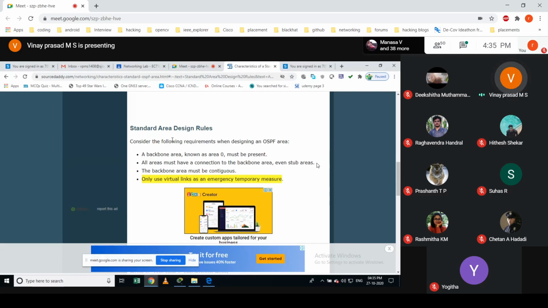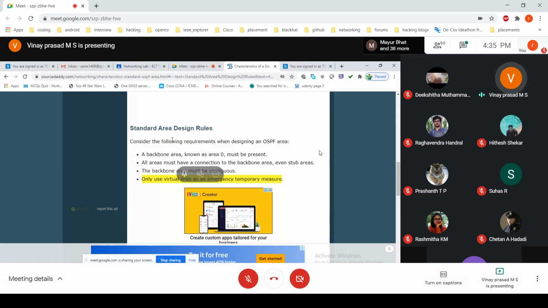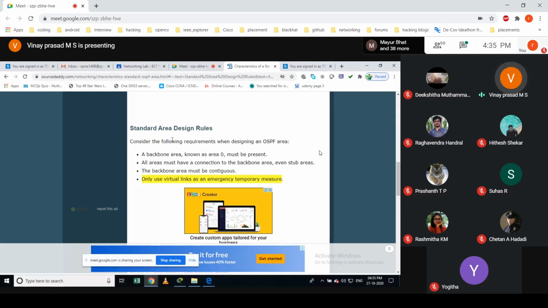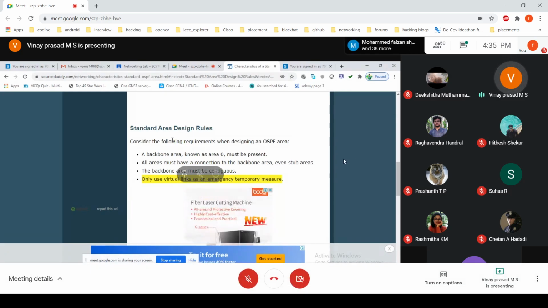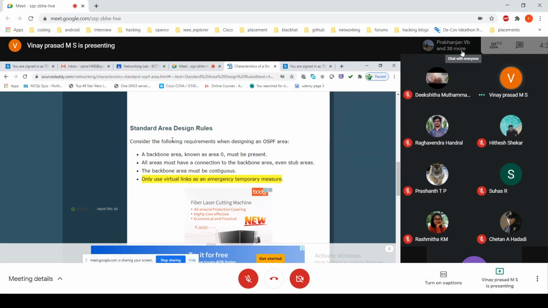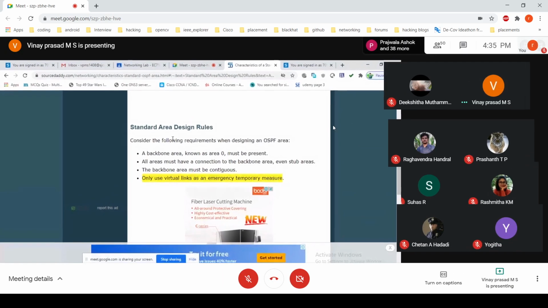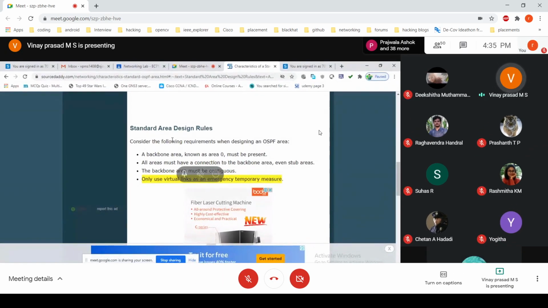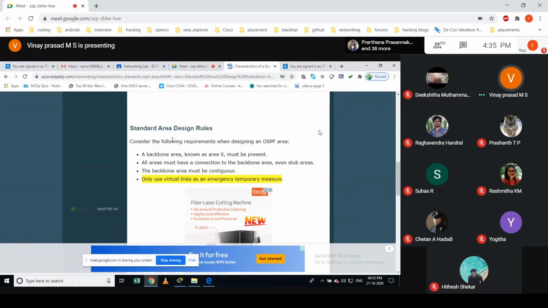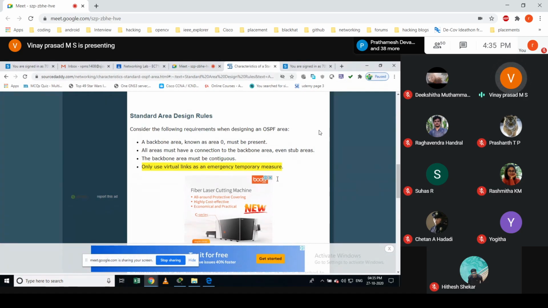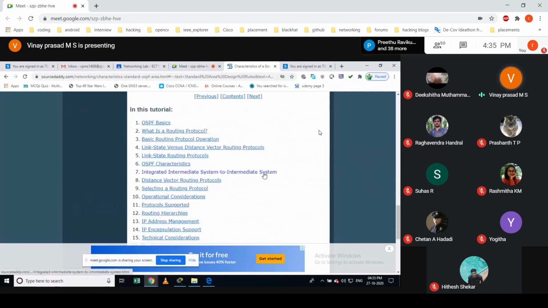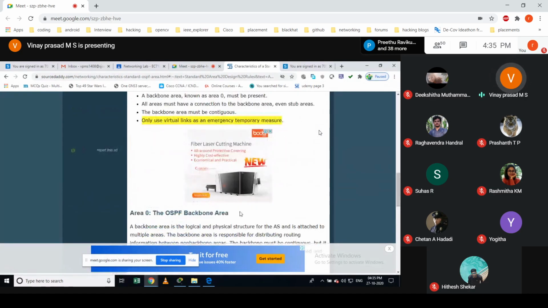After you have designed and the implementation is completed, if something needs a change in the network and its implementation, this could probably be used in that OSPF implementation, using the virtual link concept. But this is not the way you should design initially. You can think of this way of designing OSPF as a temporary solution. What the backbone is and so on, we will discuss in the next class.